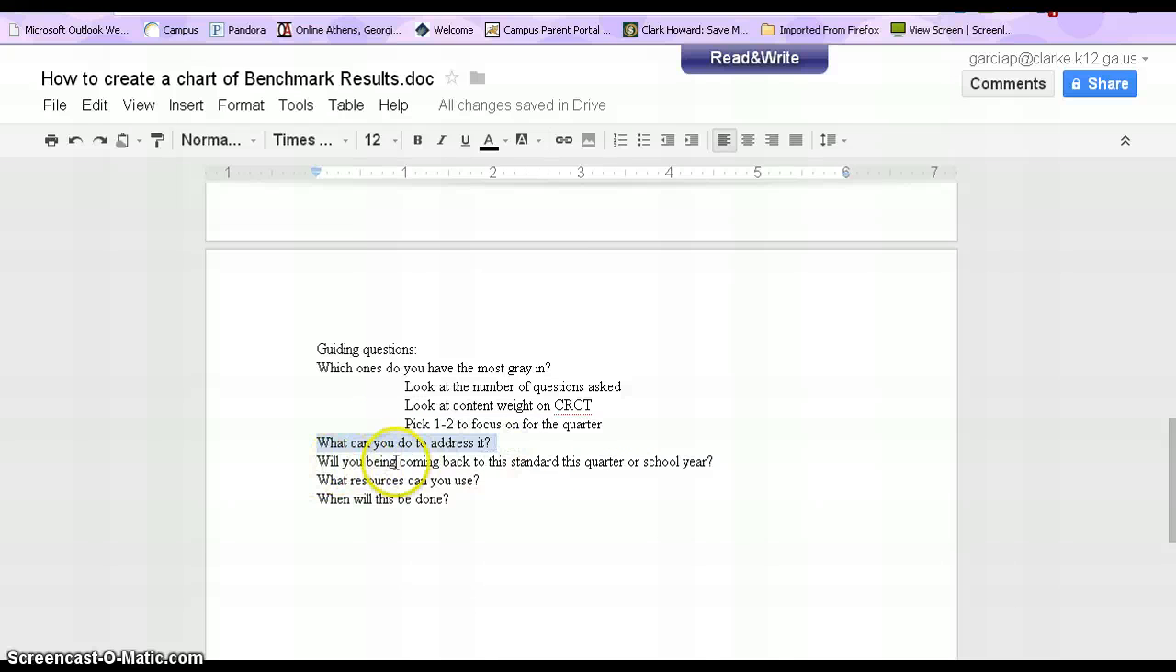Are you going to be coming back to it this quarter? And then what resources are you going to use, and how will you do this? When will you logistically fit this in? That's the conversations you have with your special ed teachers, that they know what their collaborative